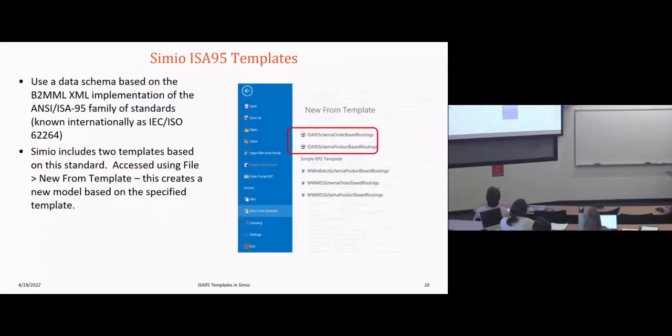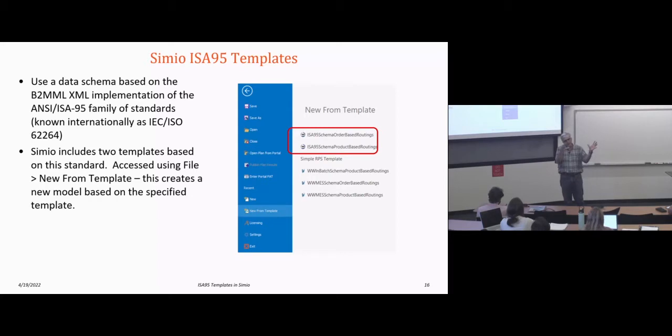We talked about the Simio ISA 95 templates, really what they were, that we are on our way from our Aubrey Electronics model, sort of the next step. If we had a case study 6, like if we were going to go another few weeks in the semester, our next task would be to jump to these templates. So we are on our way to using the templates with custom objects and the task sequences that we developed and the changeovers.